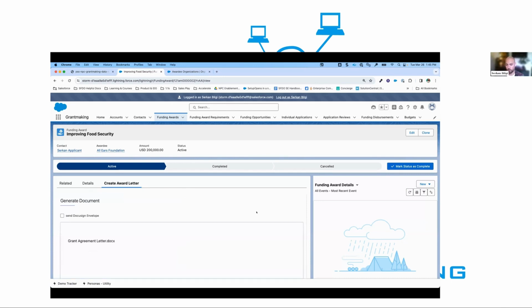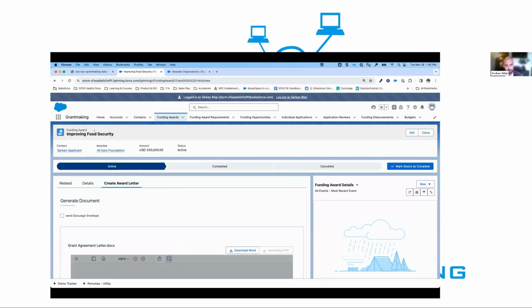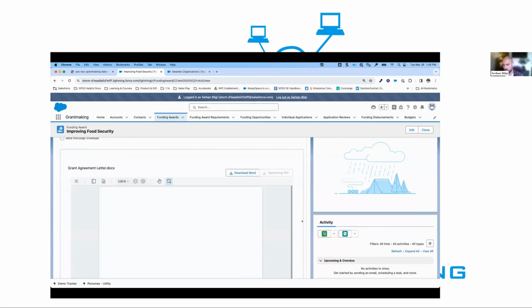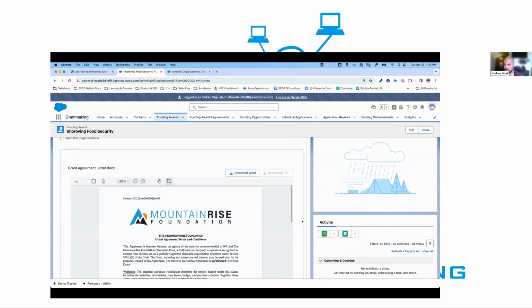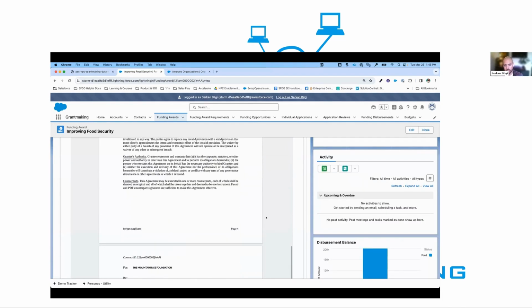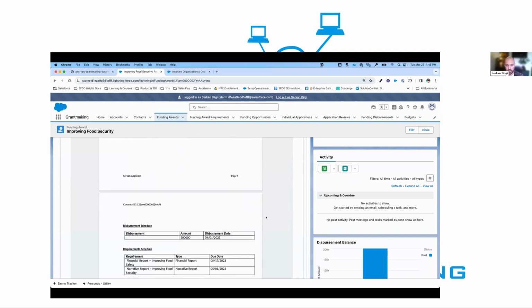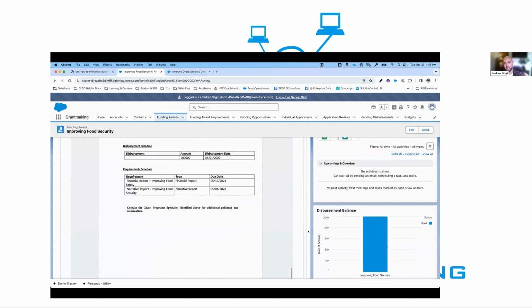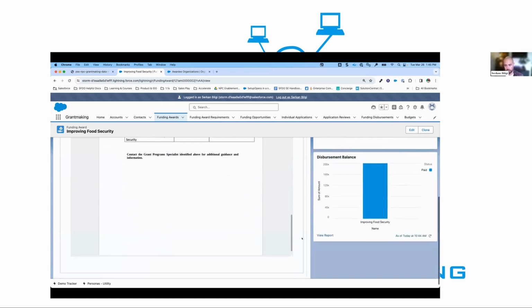It is going to merge all sorts of information from different records in the system. It may be funding awards, so the award details, such as who we're awarding, how much we're awarding for, any special clauses that you would like to add. All of that information can be included in this document. As we scroll down, you can also see that it has access to additional objects such as disbursements and progress reports, so you can put those into tables,